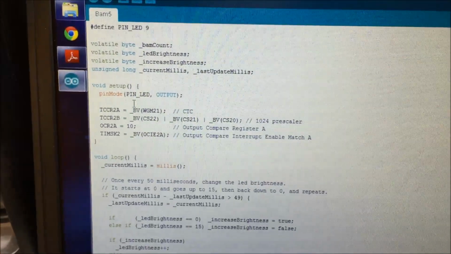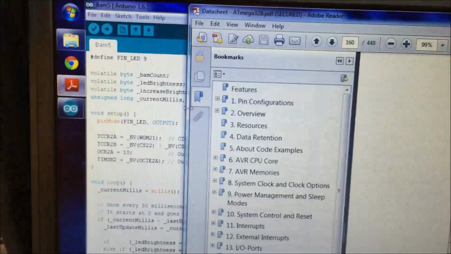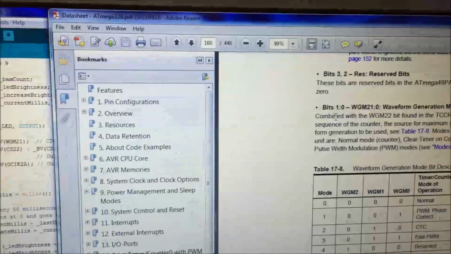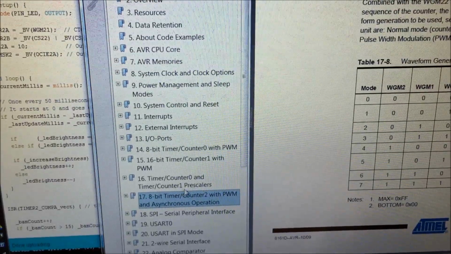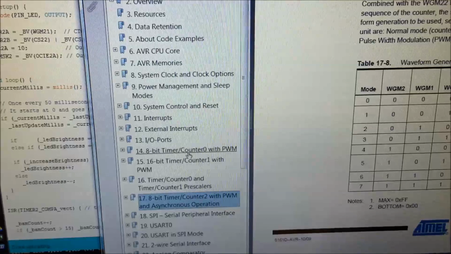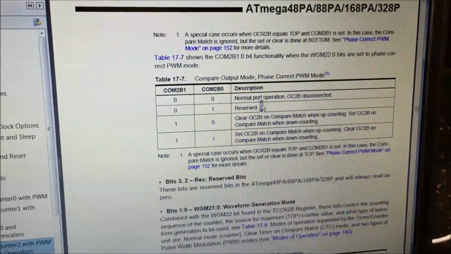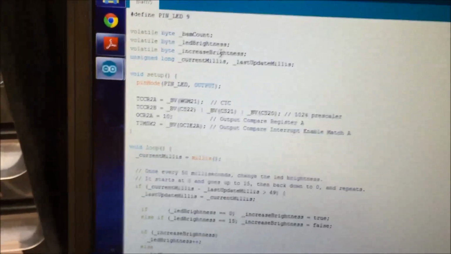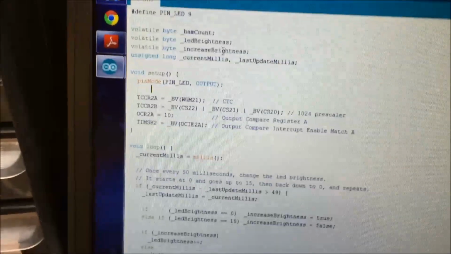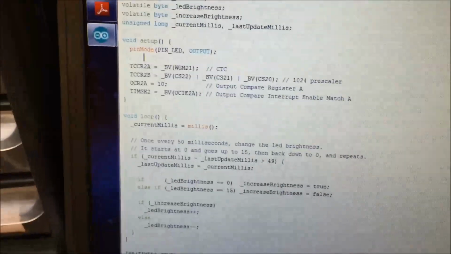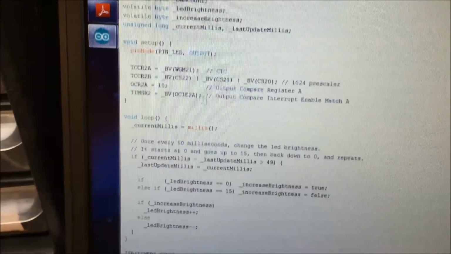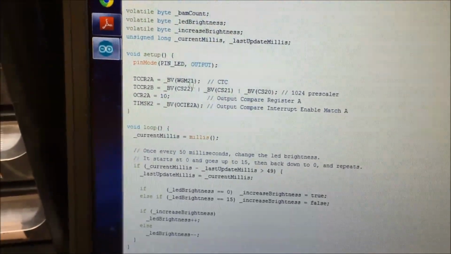There are so many tutorials online, and you'll want to get the data sheet, the ATmega328 data sheet, and it's got information about timer 0, timer 1, and timer 2, all the different registers that are involved and how they work and how they count and stuff like that. But this is just a real quick example of using timer number 2 in order to perform the bit angle modulation. So this is some setup stuff for the timer,